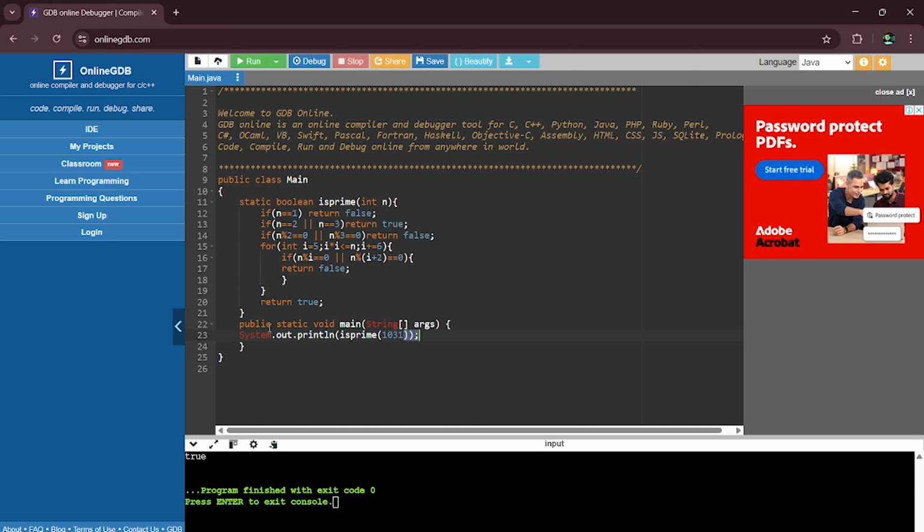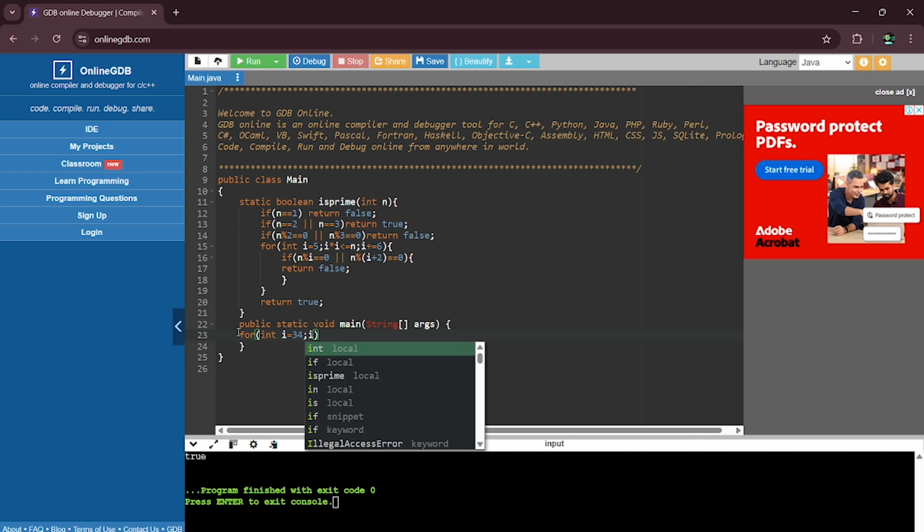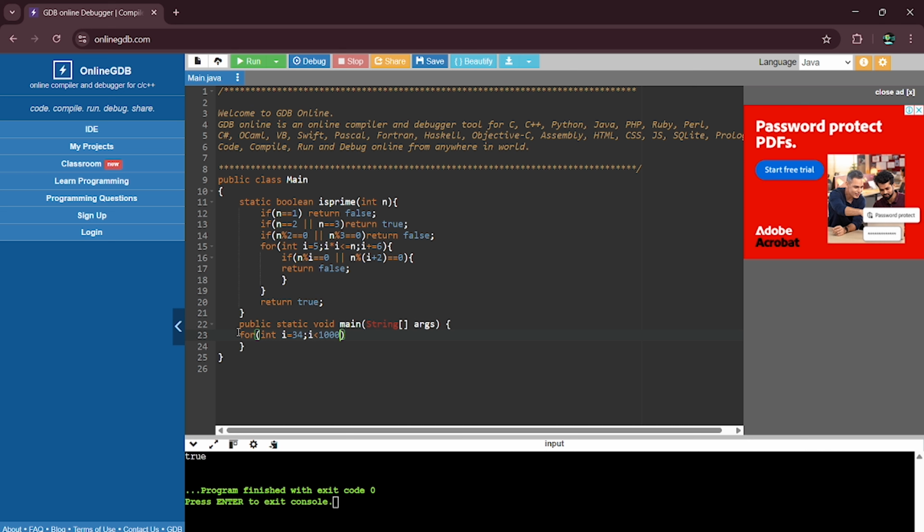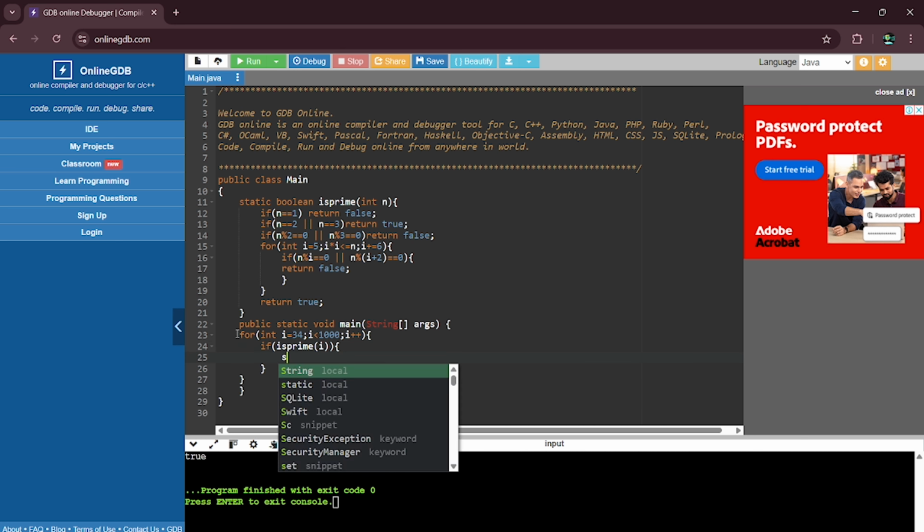Now we'll see how to check prime numbers in a range. There is only one logic. Write int i equal to, let's say, starting from 34, and i less than 1000, i plus plus. Then write an if condition: if isPrime of i, then